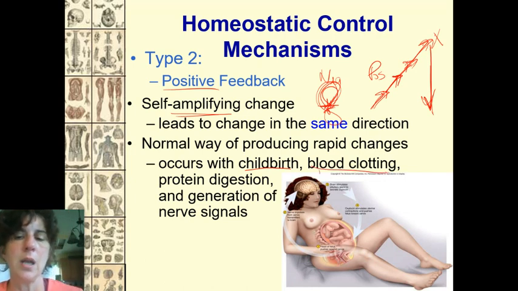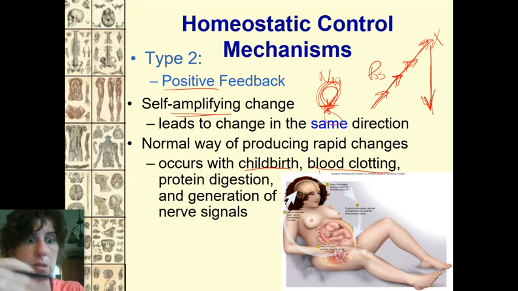Blood clotting's the same way. It's an emergency situation. You've got a cut. I've got to stop the bleeding of the cut. So each action of the cut itself and the chemicals that respond to that are going to send in agents to clot the blood. But once that blood has clotted and I'm no longer bleeding, stop, right? So amplify to get the bleeding to stop, and then just stop that whole action, because now I'm done. I'm past that point. I have completed that action. I don't need to keep doing that. Where negative feedback is constantly staying at the same, this is, I have a situation that needs to be taken care of, and it's got to be done, and then when it's done, okay?